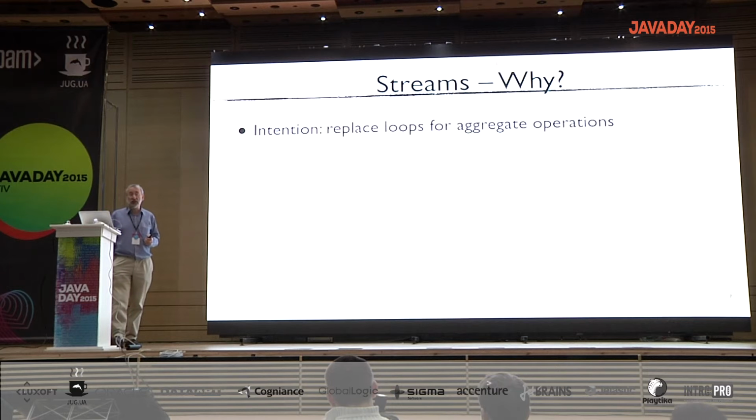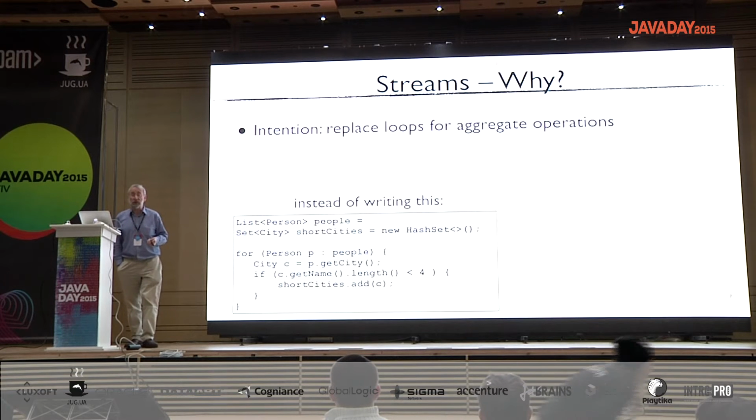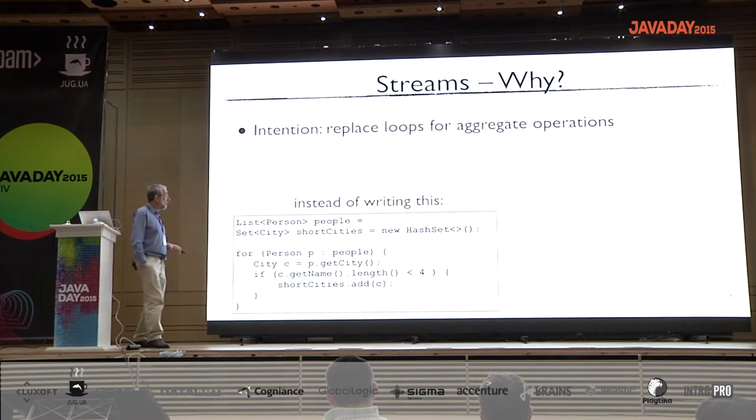So the major use case of streams in Java 8 and onwards is to replace loops for aggregate operations. Forgive me, people who already know about this stuff, but I'm just going to run over it quickly. Previously, we've written code like this: we've got a list of person objects, and we want to accumulate the names of the cities that they live in, provided those cities have less than